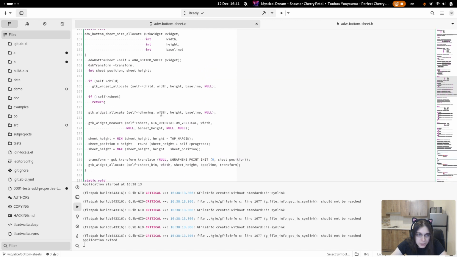We only need to change, like, we don't do anything with animations with it. It's always static, so it's just one value to change. Two values, actually. The other one will be here. Because if we measure height for width, we'll need to use the correct width of the sheet itself, not of the parent widget.